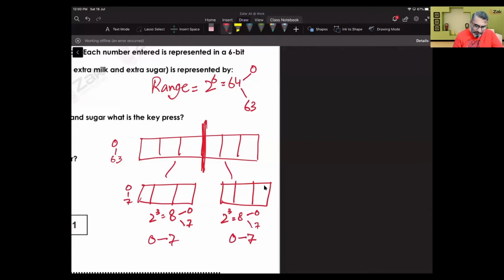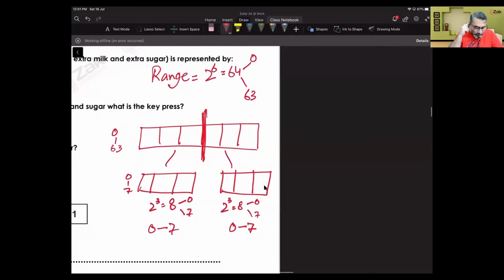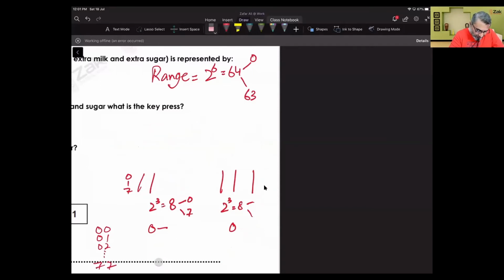तो इसका मतलब ये हो गया कि हम यहां पर कोई भी नंबर इस 6 बिट के अंदर क्रिएट कर सकते हैं जो कि 0 से 77 तक का होगा। व्हाट डज इट मीन? यहाँ पे आप लिखें 0, यहाँ पे आप लिखें 0, इसका मतलब है हम 0 से 7 तक यहाँ पे भी लिख सकते हैं, यहाँ पर भी लिख सकते हैं। तो 00, 01, 02 चलते चलते आप कहाँ तक जा सकते हैं? 77 तक। अब इस पूरी चीज को हम समराइज करते हैं कि व्हाट आई एम एक्चुअली ट्राइंग टू टेल यू।